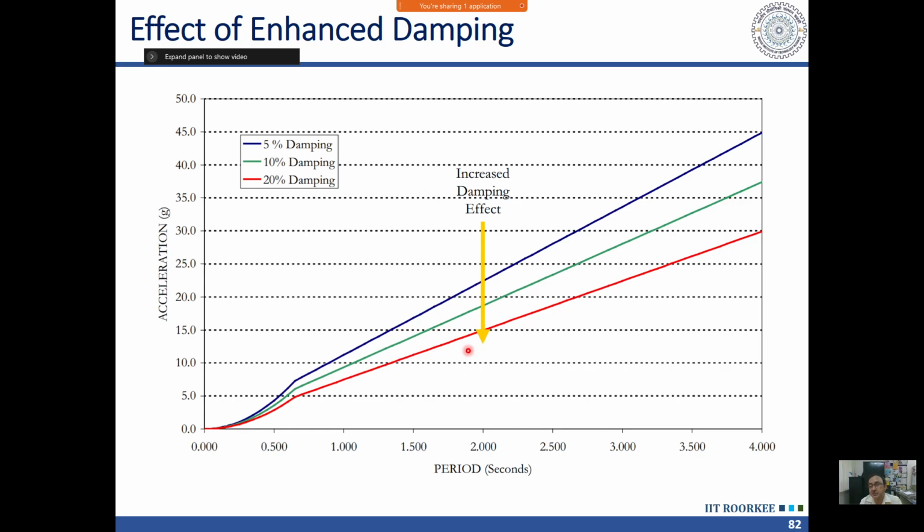If by chance the peak of my response spectrum is occurring at 2 seconds, then the base isolation will not work. It will rather worsen the performance of the bridge. But the damper will work in any case. It will work irrespective of what the period is, and it is not increasing the displacement, rather it is decreasing the displacement also. So we can use dampers more reliably with more confidence.